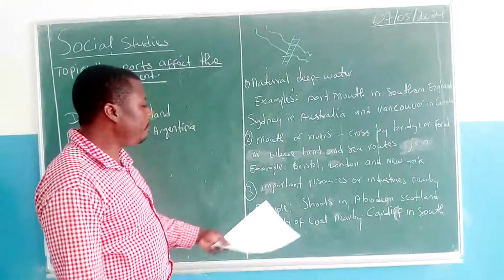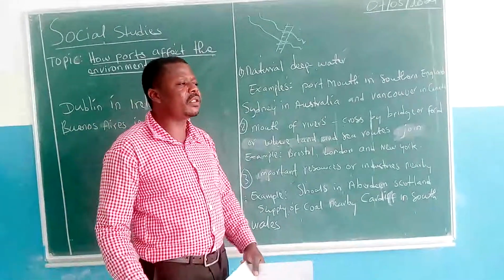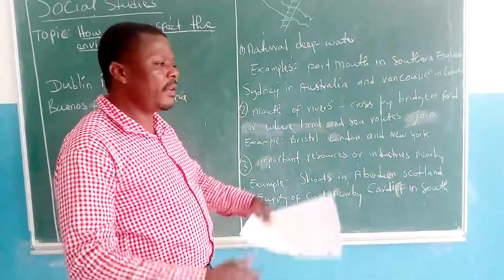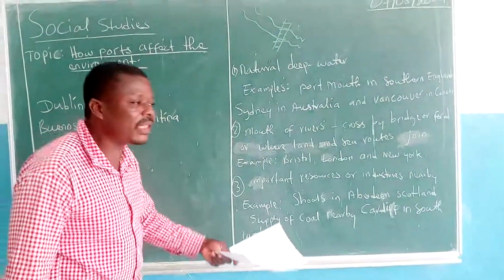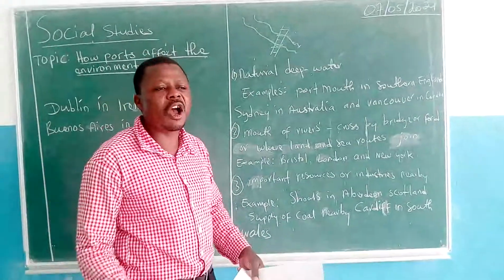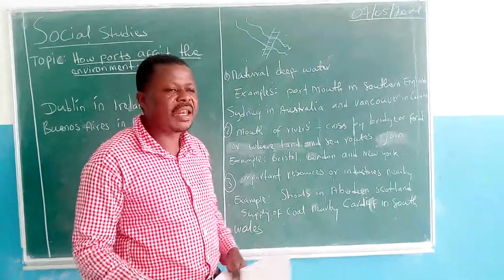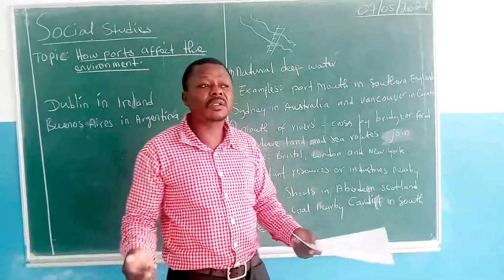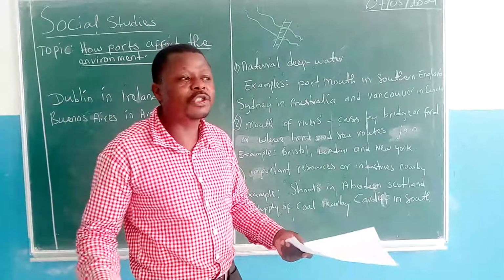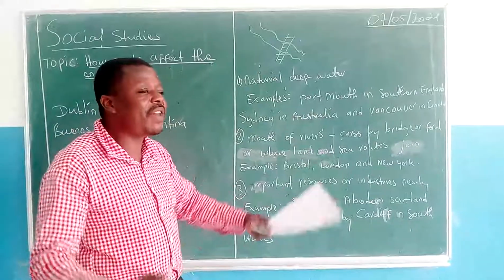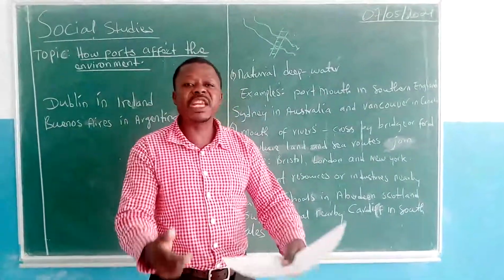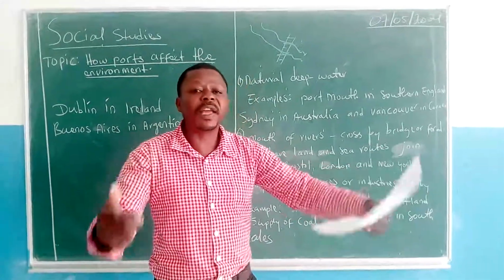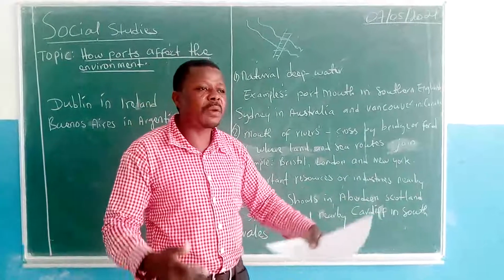And the last one was important resources. Some settlements, cities, towns, industrial cities, and fishing villages have developed in places on the coast where there was the availability of natural resources. It could be gold, diamond, salt, or fish, because fish too is a natural resource. Where there were natural resources or nearby industries, many people came to settle there, either to work in the industries or to use the raw resources that were available in that place.